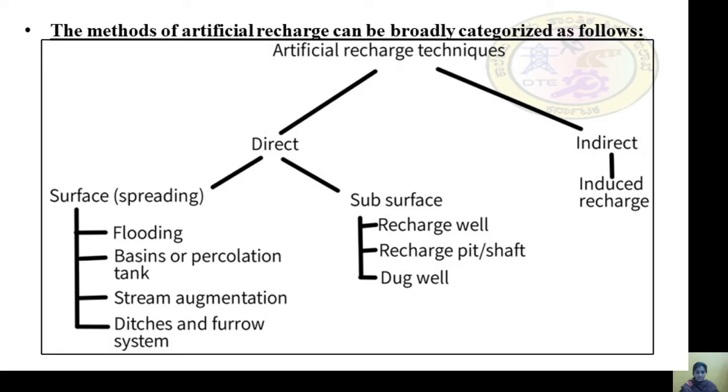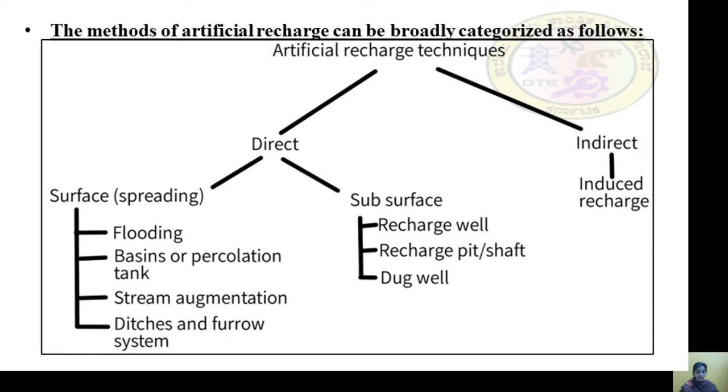Direct recharge is further divided into surface or spreading recharge and subsurface recharge.